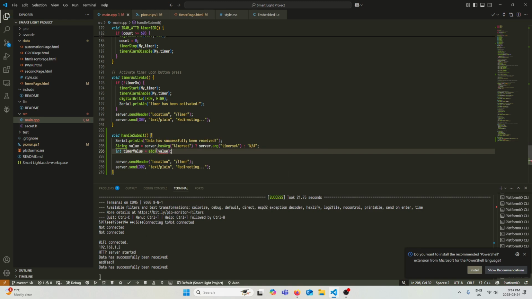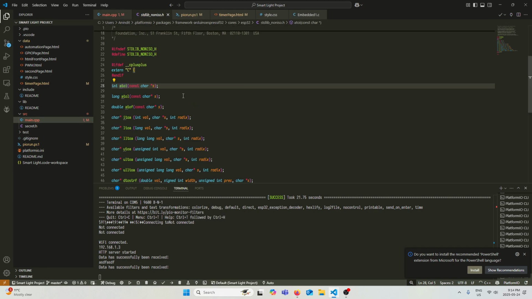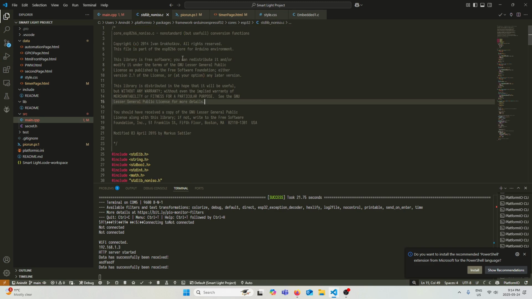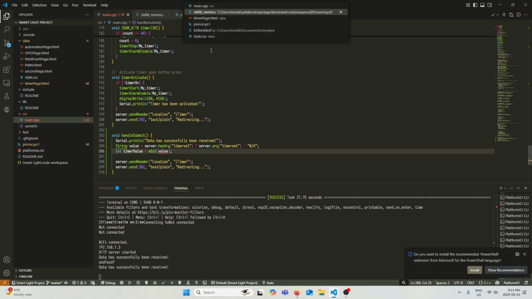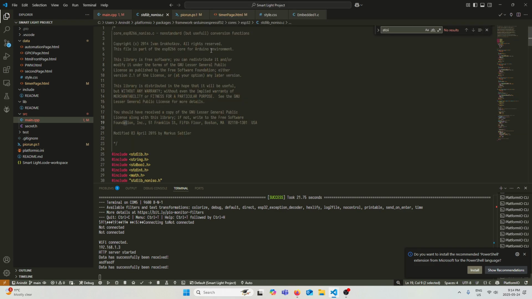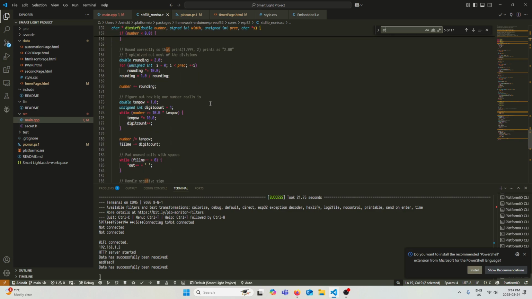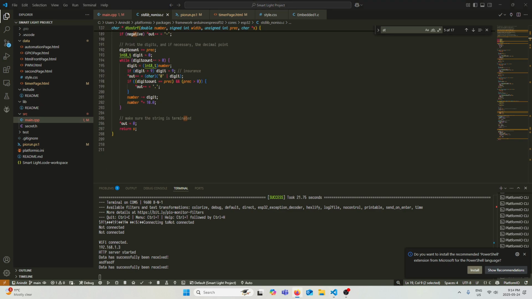And also, this is a W string type as well. You need to consider that. Anyway, what does this function even do is my question. What does A to I do?